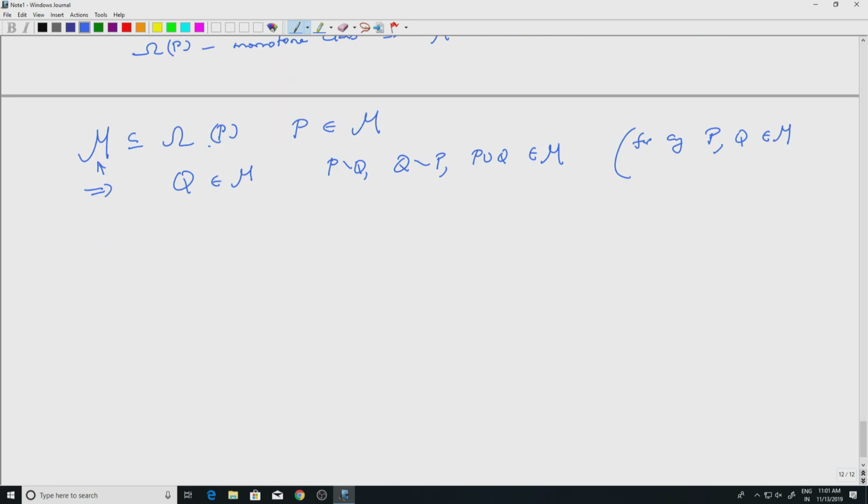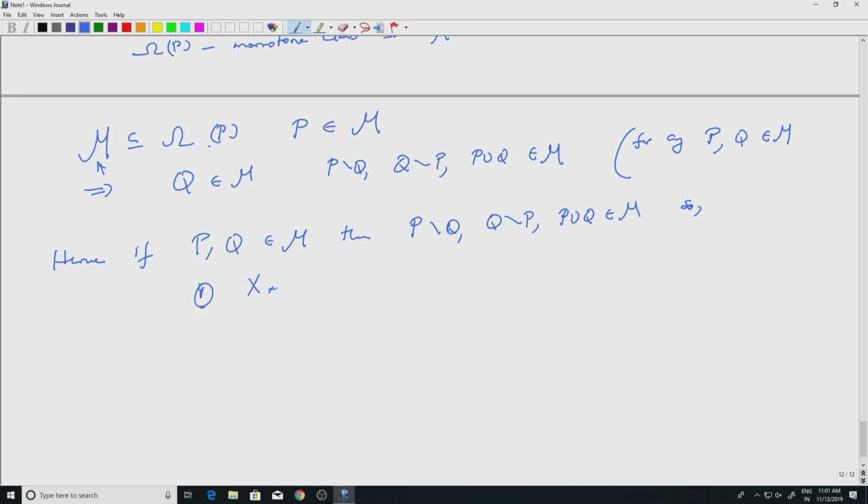So the last step in the proof is the following. Let me write this as a separate line. What we have done just now is, hence if p and q are in M, then we have p minus q, q minus p and p union q are in M. This is what we have proved. Now use the following properties. So first property